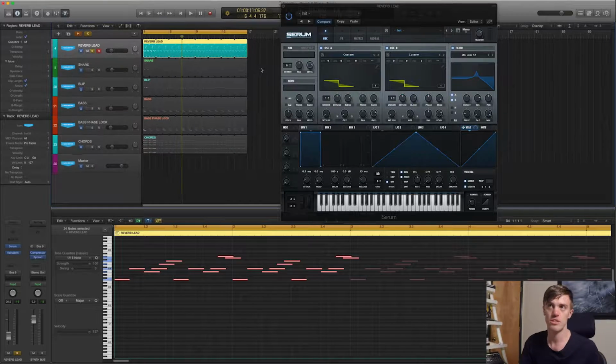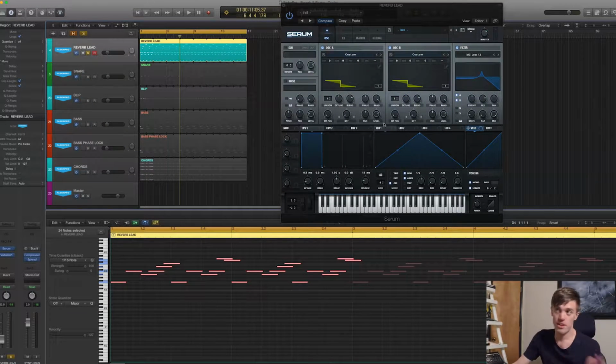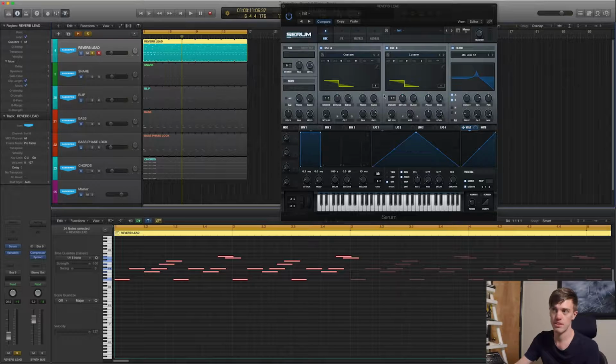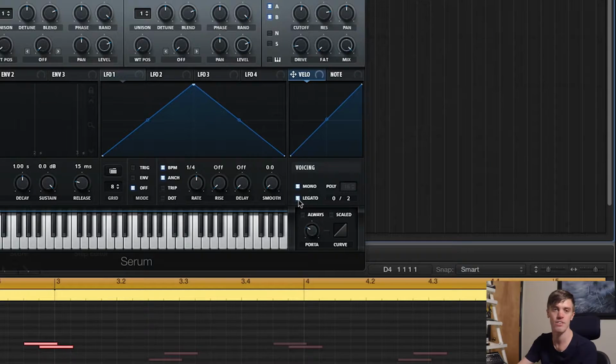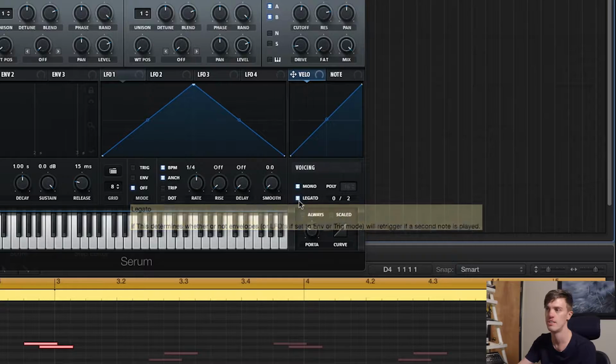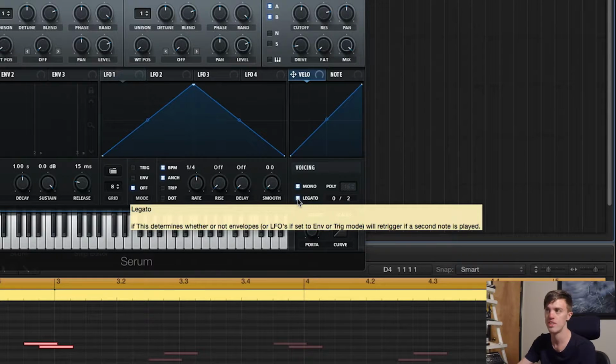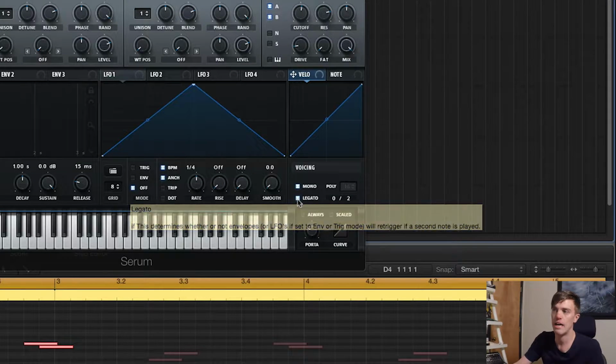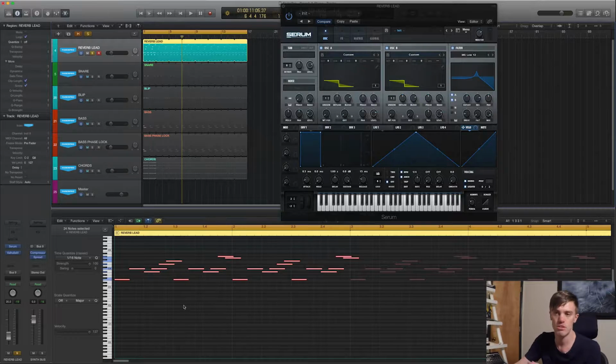Very quickly, I'll dive through a couple of the key characteristics of this patch. It's 2 saw waves, cutoff is up, the resonance is up. But the other thing that's giving this sound a lot of character is this legato voicing glide. What legato means is that whenever notes are overlapping, it will trigger a glide. Whereas if this wasn't on,